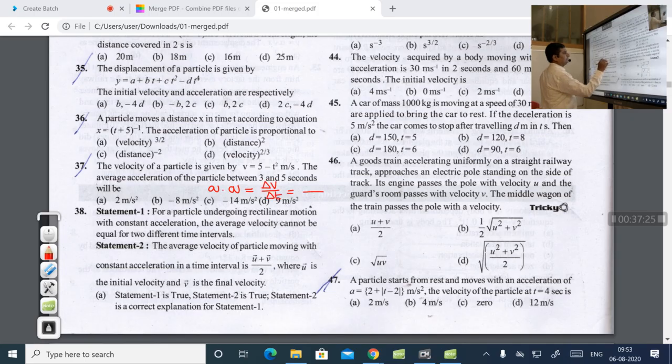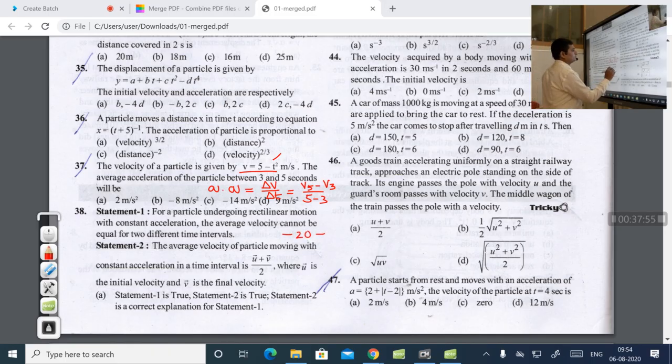So average acceleration is equal to change in velocity by change in time. Change in time is what? 5 minus 3. Now change in velocity means v at 5 minus v at time t equal to 3. So just substitute this: v5 means velocity at 5 seconds, v3 means velocity at 3 seconds. Now they gave the function of v directly in terms of t. So in place of t, first substitute 5, next substitute 3. That's all. Then you will get the answer directly. Suppose you substitute 5, how much, friends? 5 square, 25. 5 minus 25, minus 20.